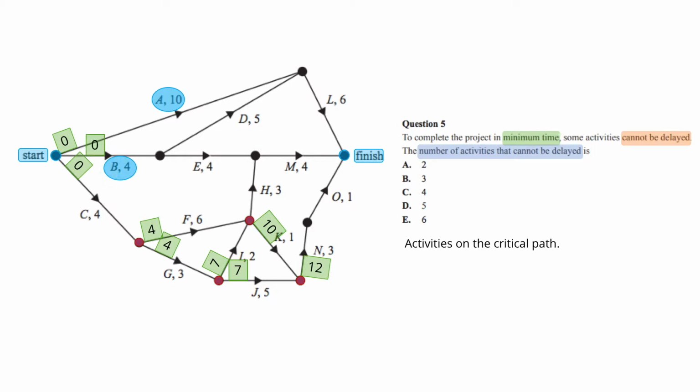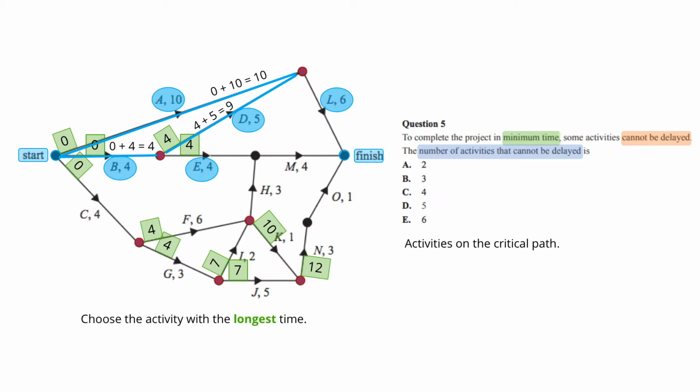Following activity B, we have 0 plus 4, which is 4. So the earliest starting time for activity D is 4. The earliest starting time for activity E is also 4. Following activity A, we have 0 plus 10, which is 10, and following activity D, we have 4 plus 5, which is 9. In order to determine the earliest starting time for activity L, we need to choose the activity